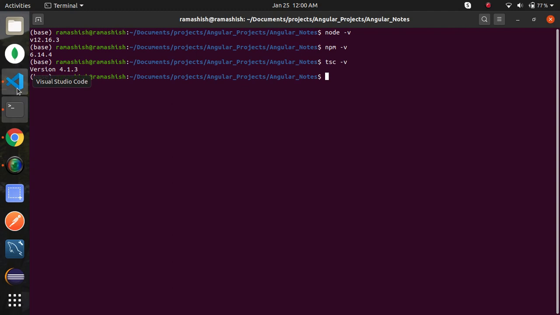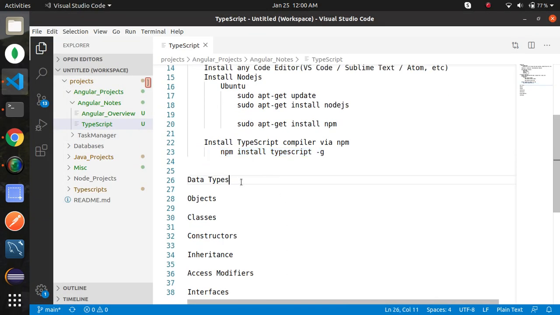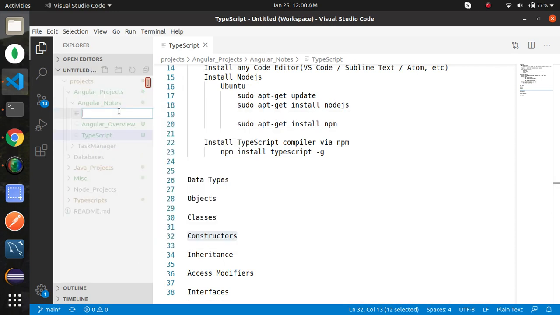Now move to look at data types, objects, classes, constructors, and the rest. I am going to create a file with the name datatypes.ts.